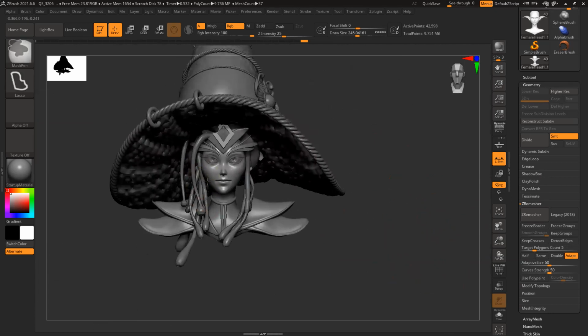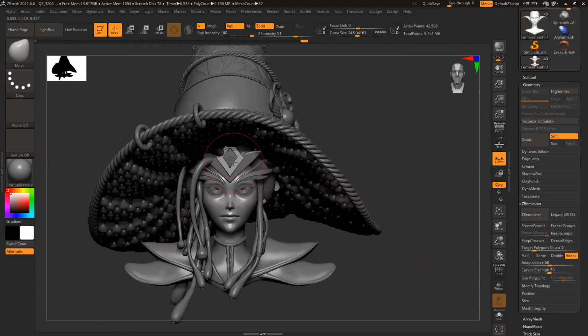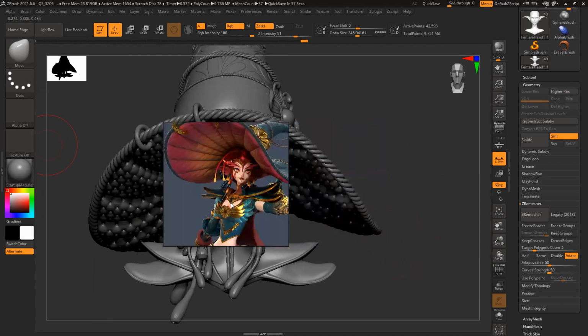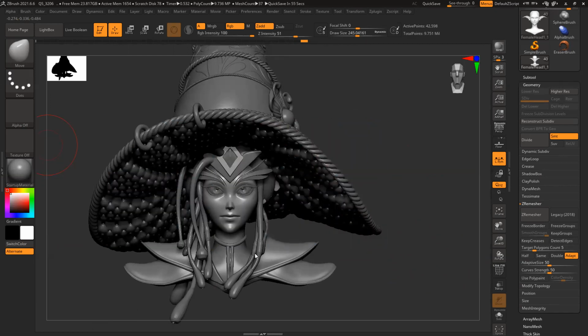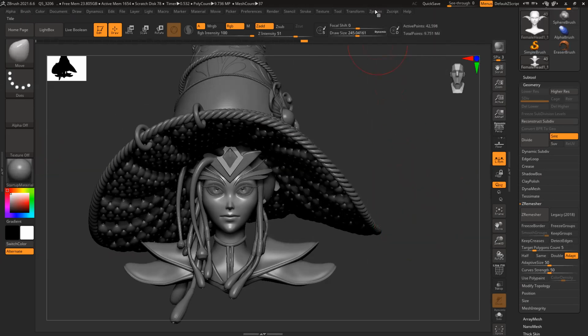So let's see. To fix the pose, because I want to rotate, you can see by the reference it's at a slight angle, its head is rotated in one direction, right? So I have created it in a straight front direction. To rotate this, I won't do it manually for each and every part. There is something called Transpose Master.